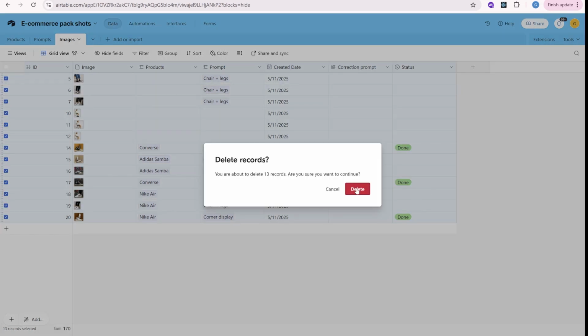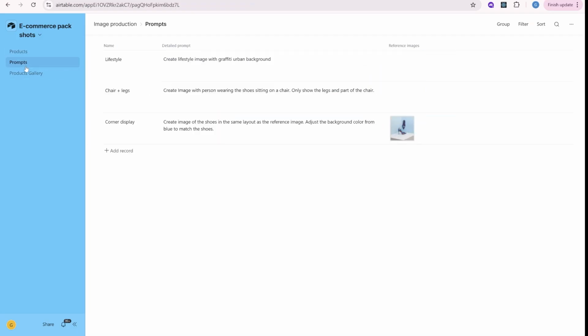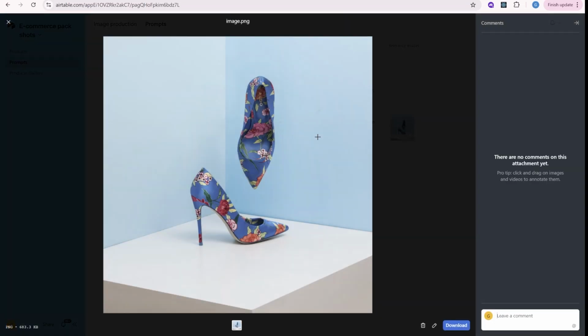Let's delete the images over here. And now let's move over to the interface. So you can see that inside of interface, let's go first to the prompts that we have over here. So inside of prompts, I have generated 3 different prompts. So the first one says, create a lifestyle image with a graffiti urban background. Then the second prompt is create an image with a person wearing the shoes sitting on a chair. Only show the legs and part of the chair. And the final prompt is create image of the shoes in the same layout as the reference image. Adjust the background color from blue to match the shoes. So you can see that this is a reference image when you have shoes displayed in this specific format with